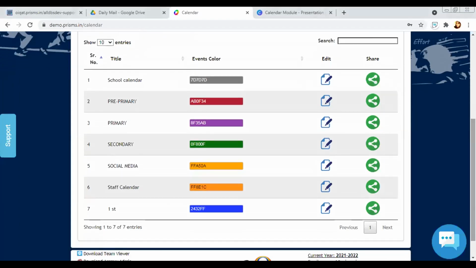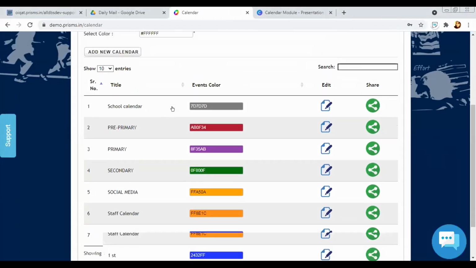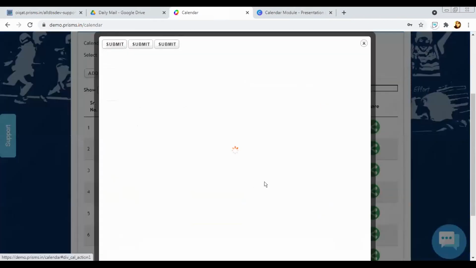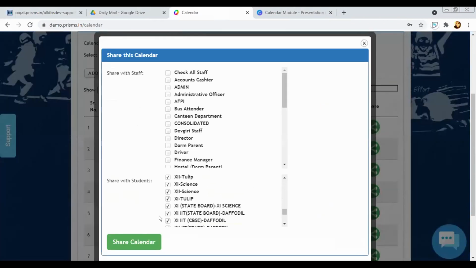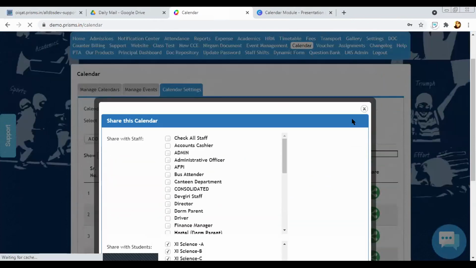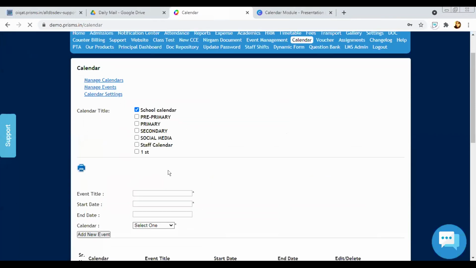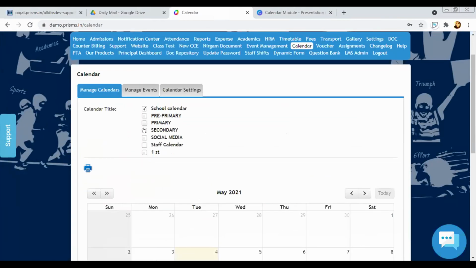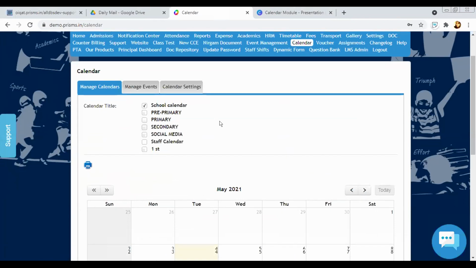Go to next. Okay, so now for this particular child, if I want to share the school calendar also, that is the default calendar, over here I can again click on share, and I can click on all students. I've already shared it, but I'll again click on share. And for this same month, we'll make two entries. Now, let's say I want to make the entry for the school calendar, that is shared.